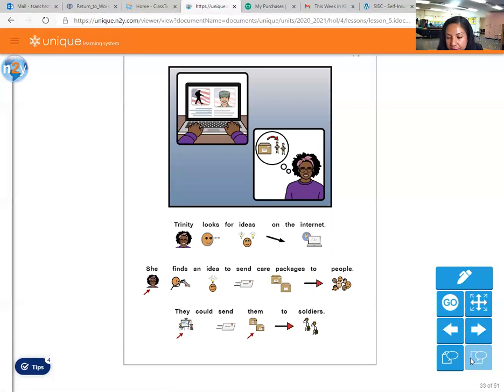Okay, here's another student. Trinity looks for ideas on the internet. She finds an idea to send care packages to people. They could send them to soldiers. Okay, that's a good idea. She thinks that